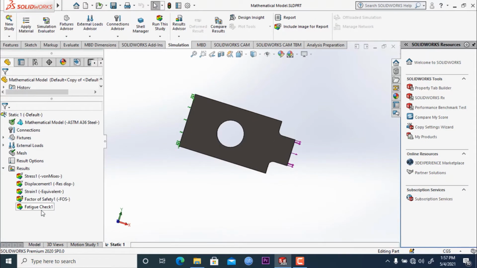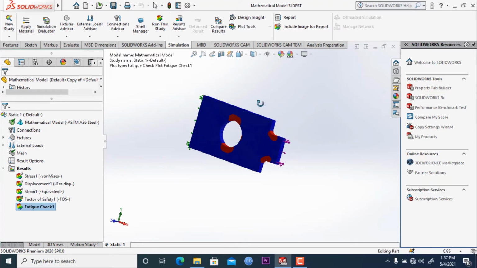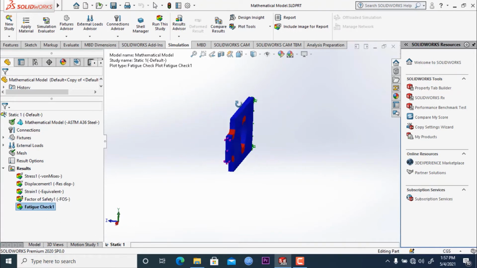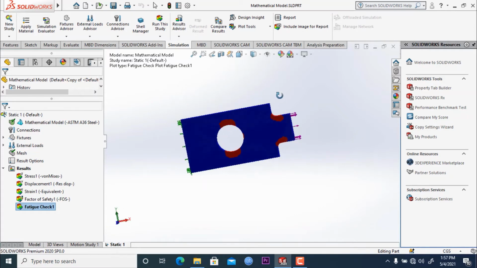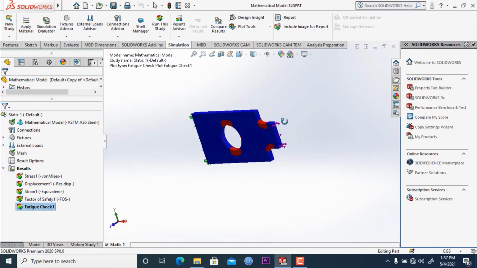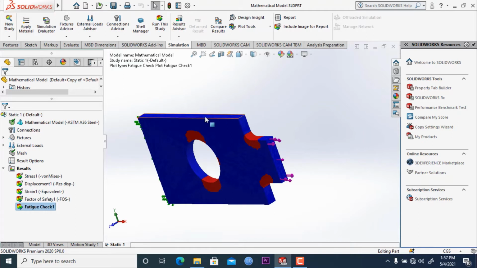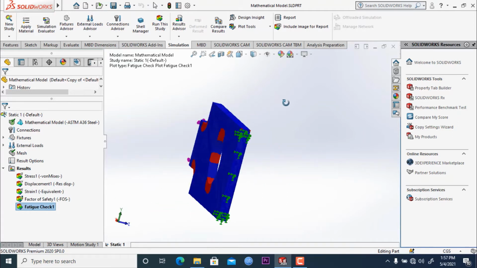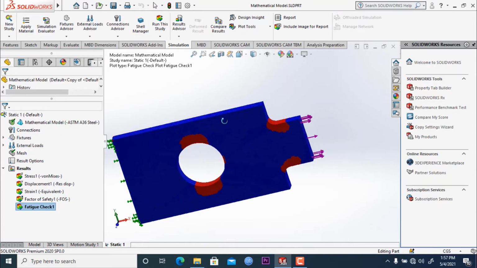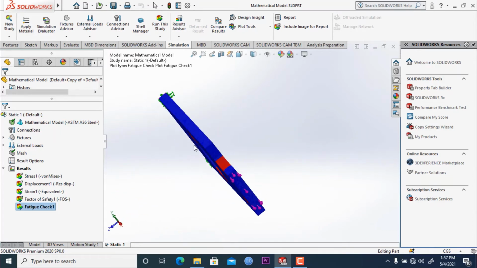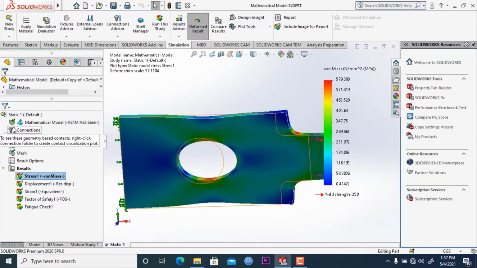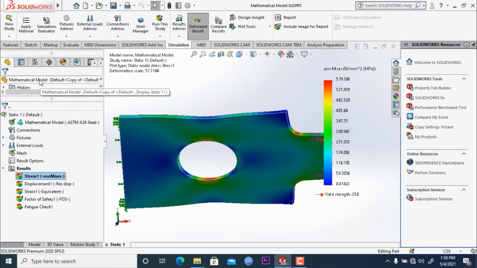Here you can check the fatigue result of this material right here. In different ways we can run fatigue analysis on this, and we can see the life cycle and the other properties, how it will change according to the force. To do this, let's just click on show. We will need to create a new study. So let's first create a new study,